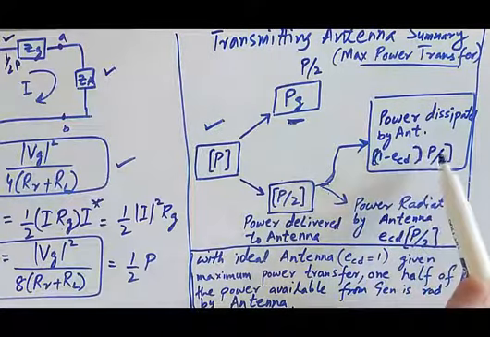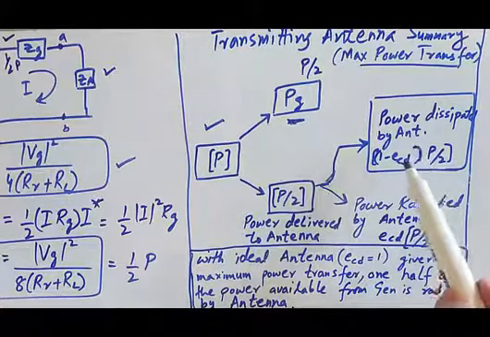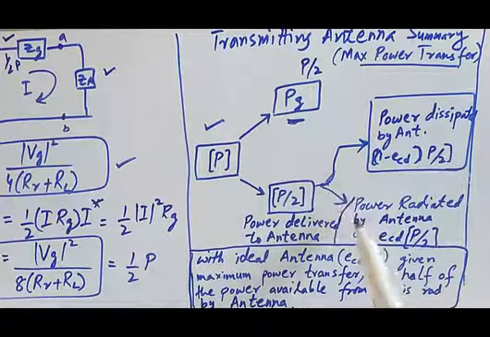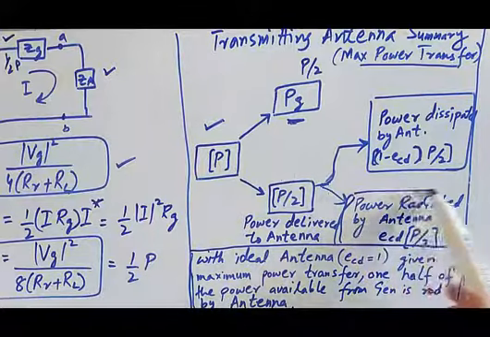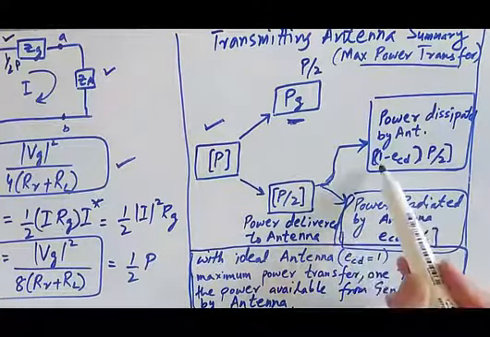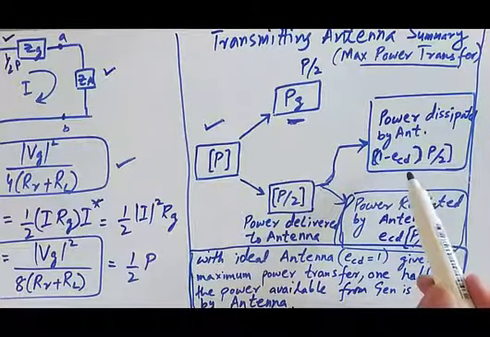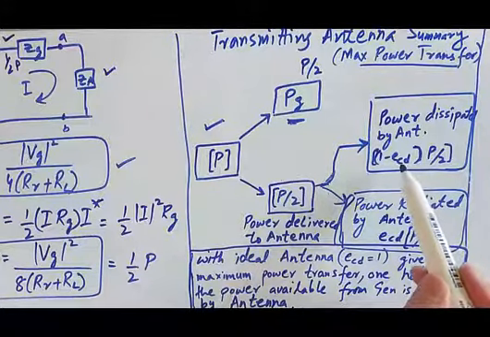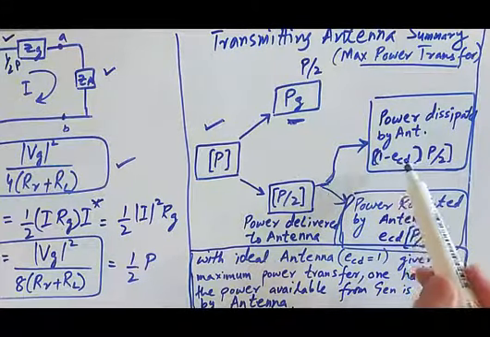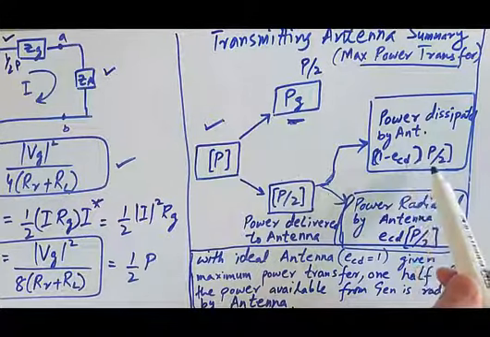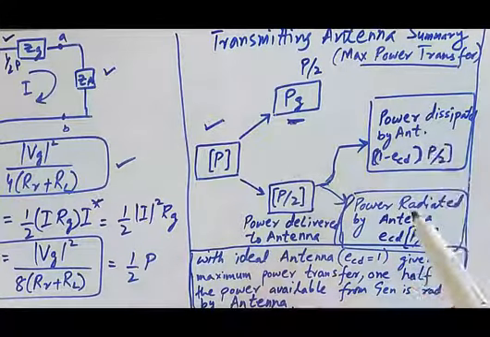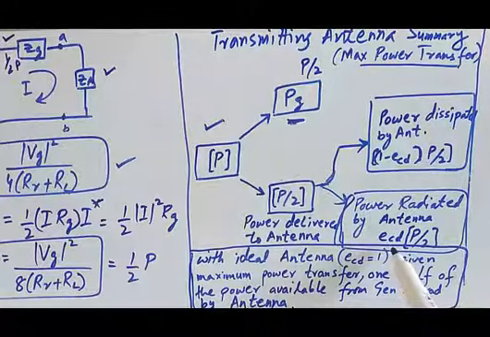the power is then again dissipated by the antenna, and half of it is radiated by the antenna, provided we have ecd as well, where ecd shows the antenna efficiency. In a lossless case, in an ideal case, it is equal to 1, okay. So then there is no dissipation. As you can see, 1 minus 1 gives you 0, and this is going to be no dissipation in an ideal case. But here if ecd is 1, then that half of the power is being radiated